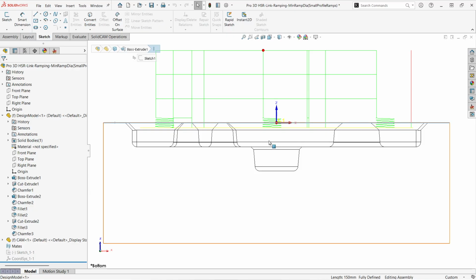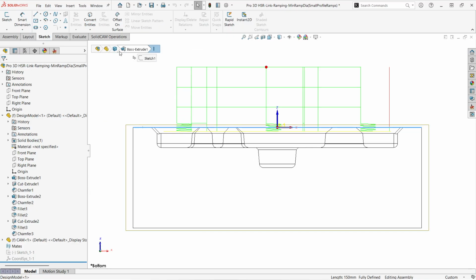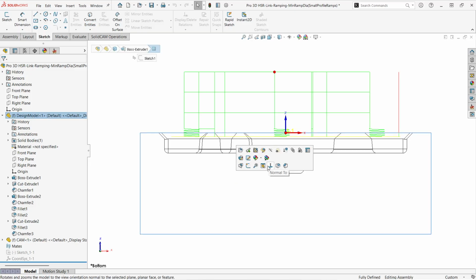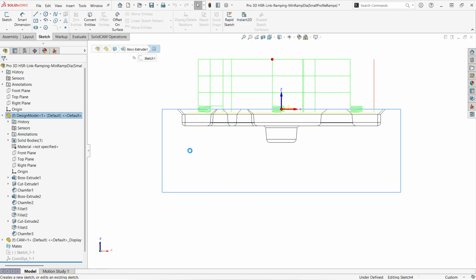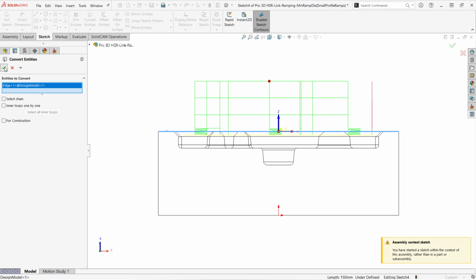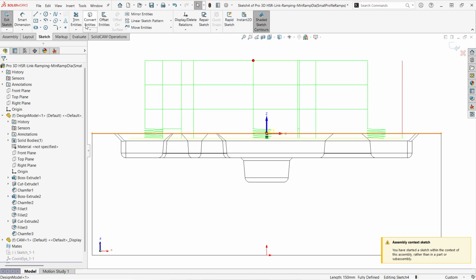Okay, I will convert this line to offset it. I think I was not in the sketch. Now I'm in the sketch. Okay, I will convert this top line and